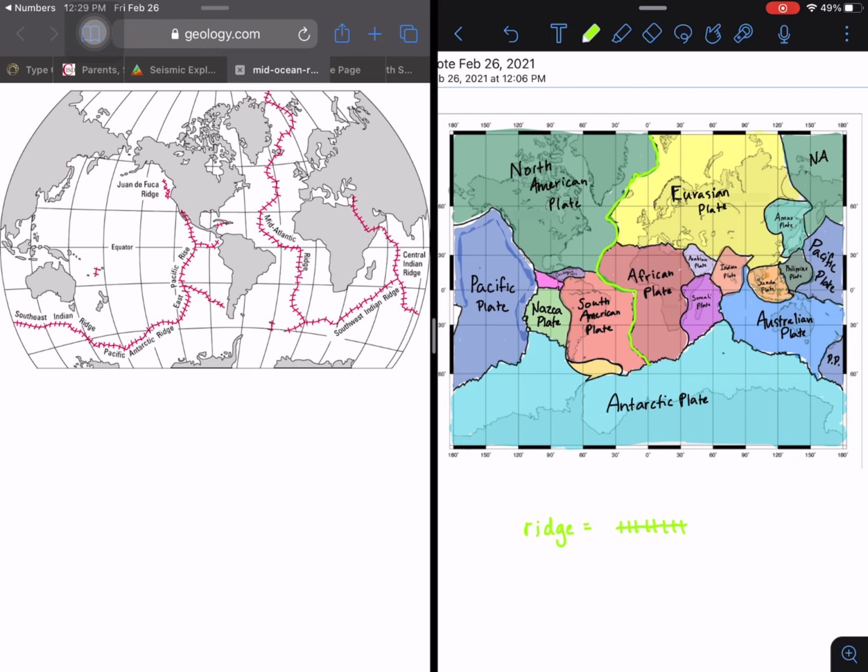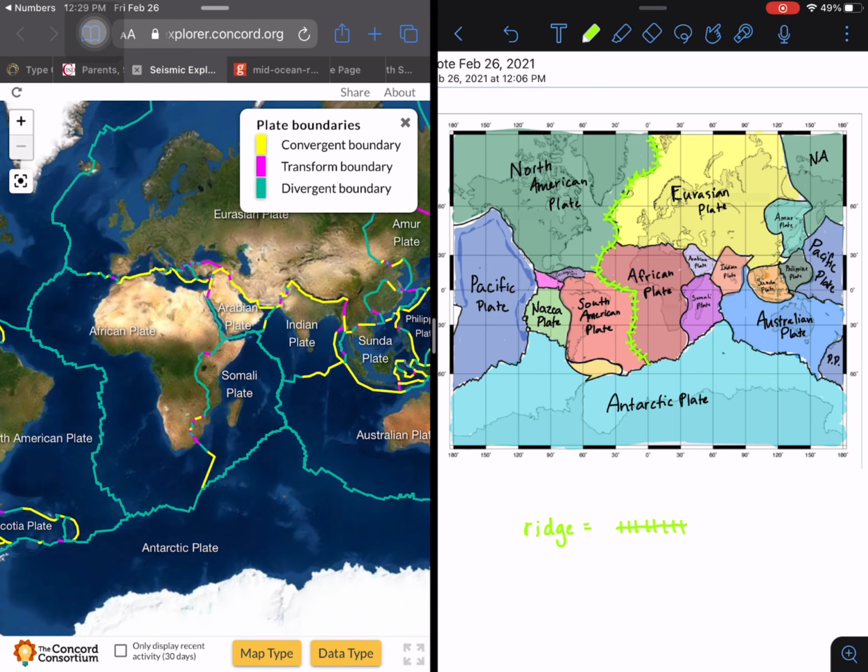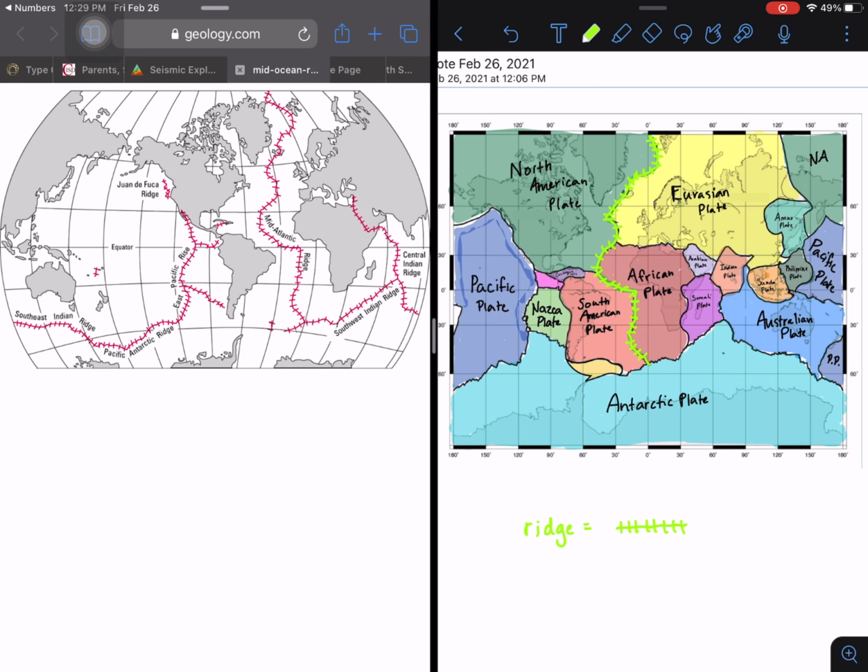We can see that this boundary that we did between Eurasia and North America is the mid-Atlantic ridge. So we're going to make those tick marks all the way down. And again, you're going to do this for all of the mid-ocean ridges. So use these 2 websites to do that. If you have any questions,